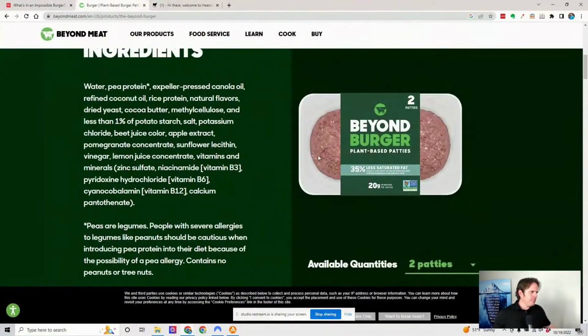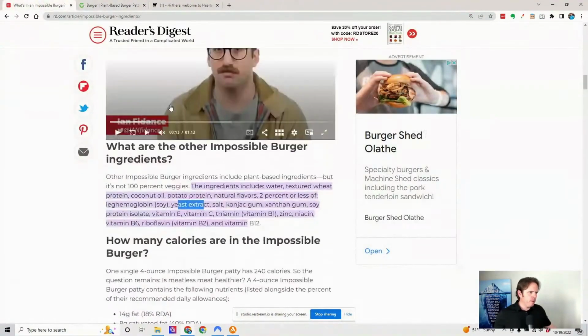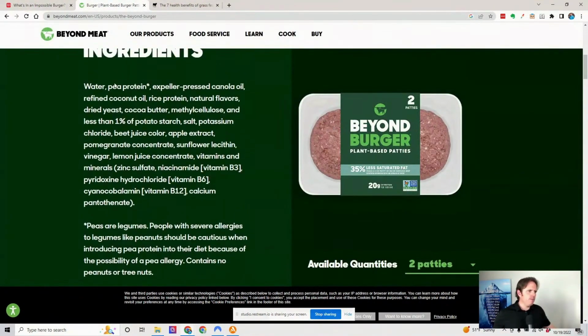Now you go look at the Impossible Burger, right? Or Beyond Burger. Let me make sure I got it right here. This is the Impossible Burger. Now this is the Beyond Burger. Check this one out. So they got pea protein. That's a decent protein. But now they're using expeller pressed canola. So I guarantee you this expeller press is going to probably damage the canola in the process. You can go look at canola